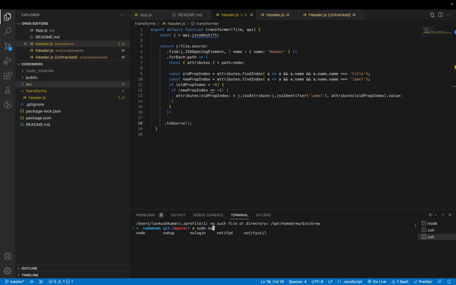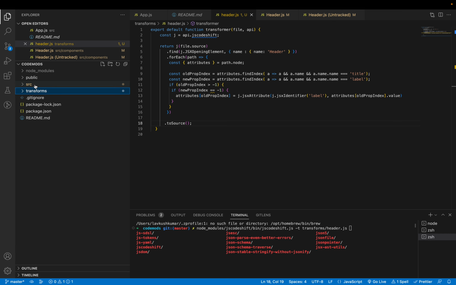So I'll say node, one second, node modules jscodeshift bin jscodeshift, and then you need to tell it the transform path with -t, and then path should be transform header, and then you need to tell on which path you need to run. So I want to run it on my source, so I'll say /src, and if I run it,